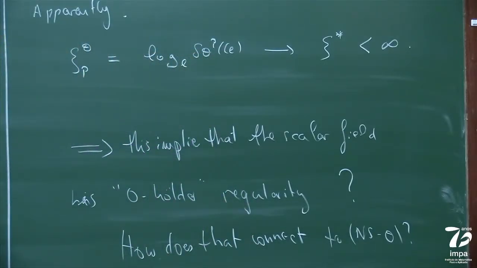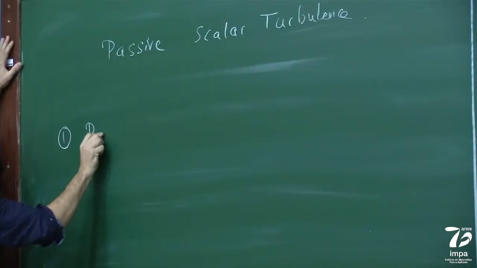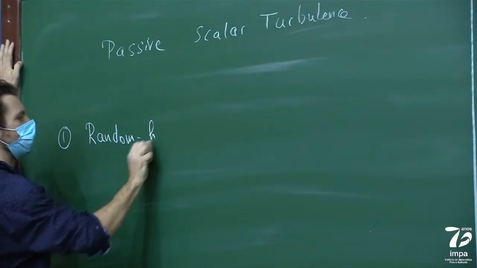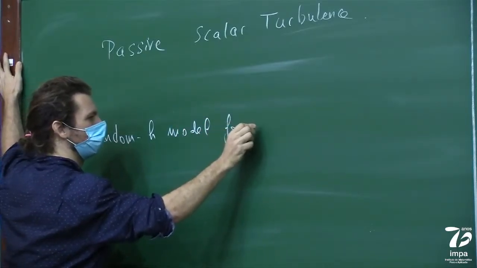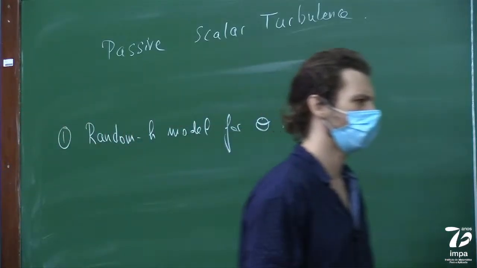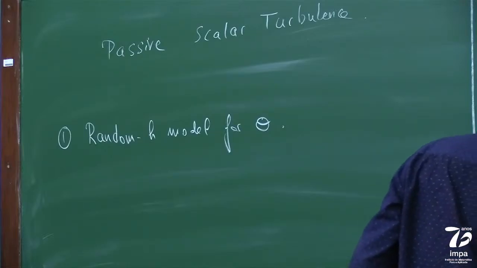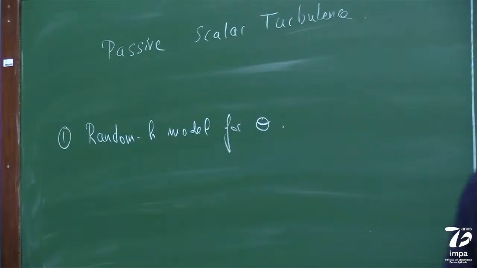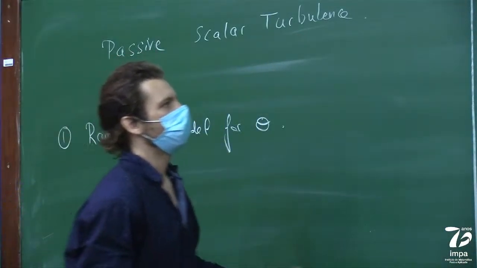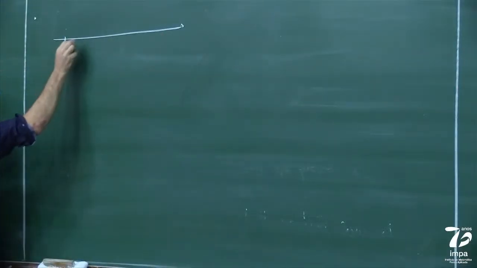So before we dive further into this difference, I want to further comment on this point first, just by revisiting a small stochastic model that we have seen I think last week. It was the random h model for the scalar. And to state it rapidly, the random h model is just a small stochastic model where